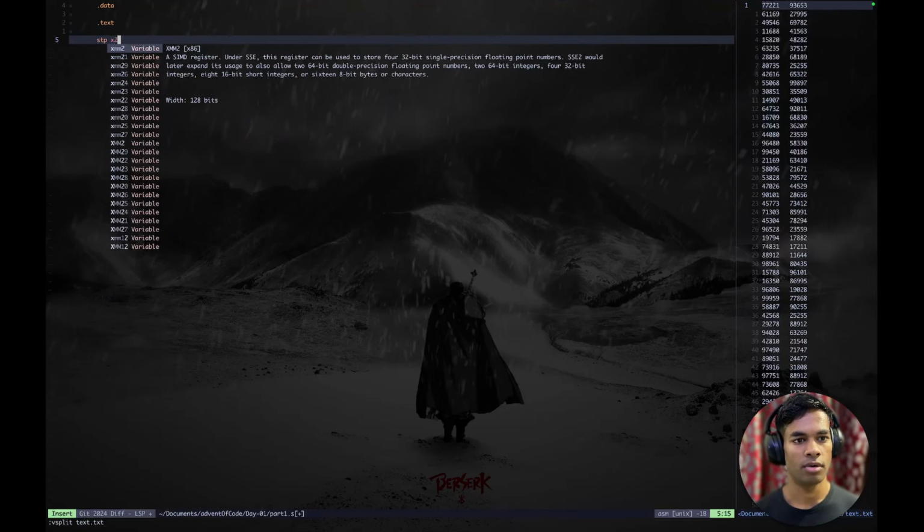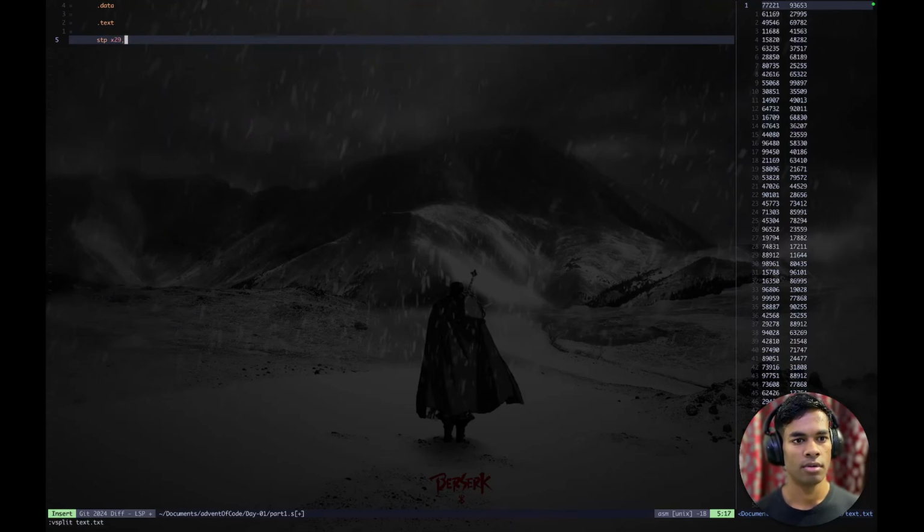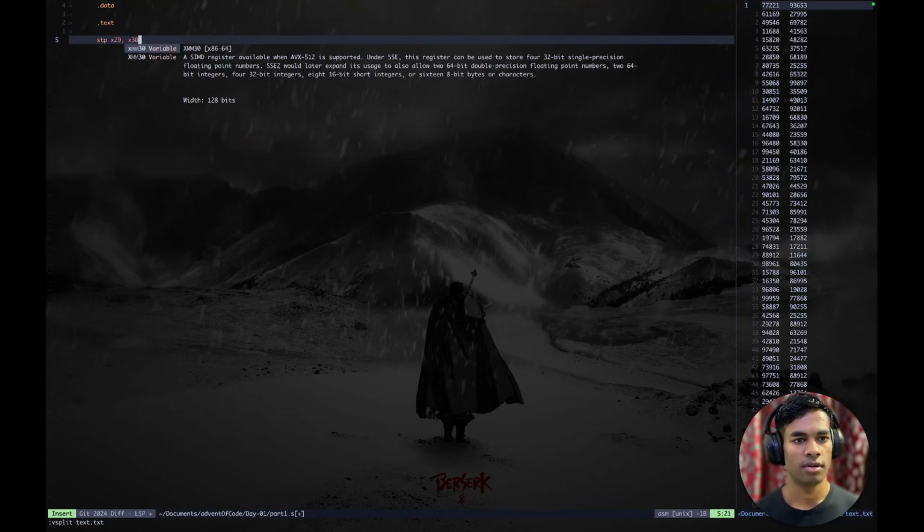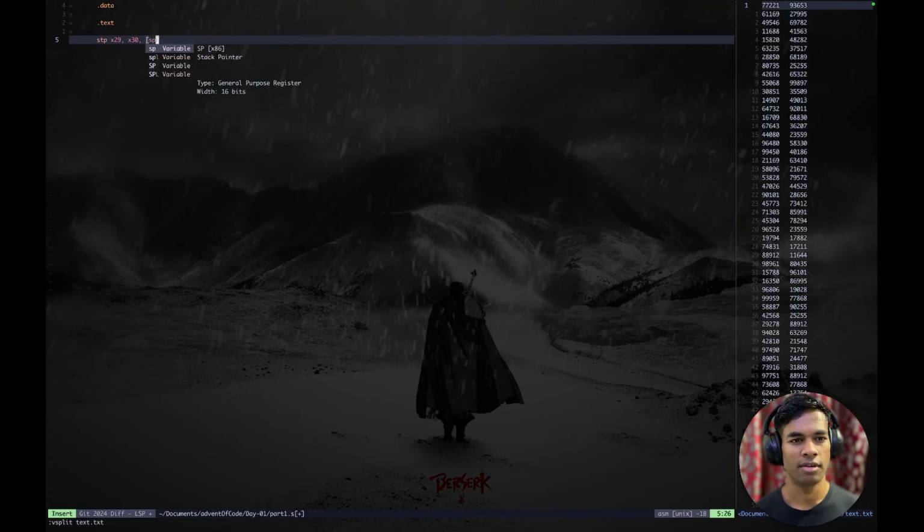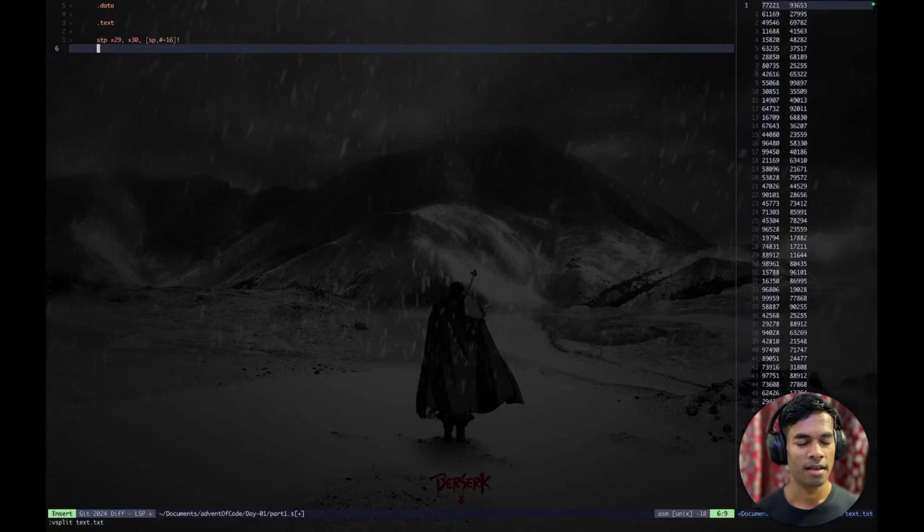Shit, I am getting auto suggestions. X30. That is crazy that I am getting auto suggestions in assembly. This is the first time that I am getting them. Yes, I have stored the frame register and the sync. I have stored the frame pointer and the link register. Now